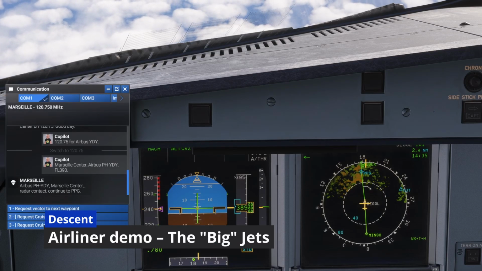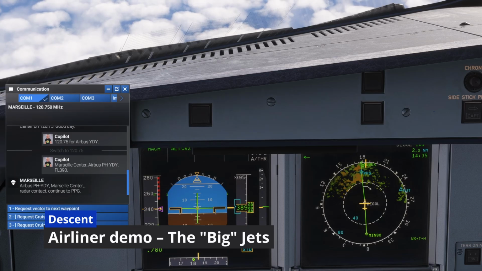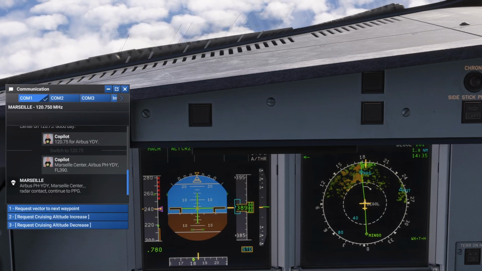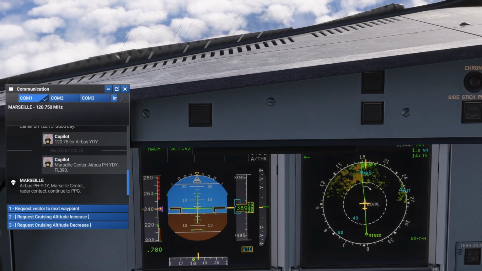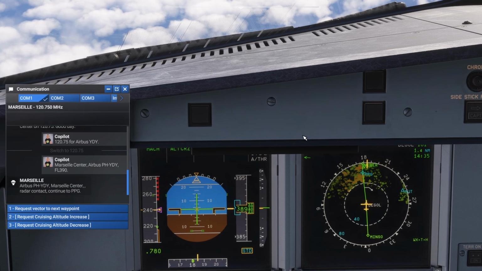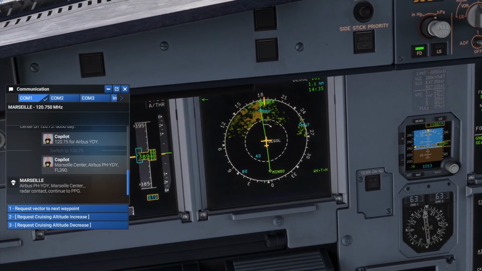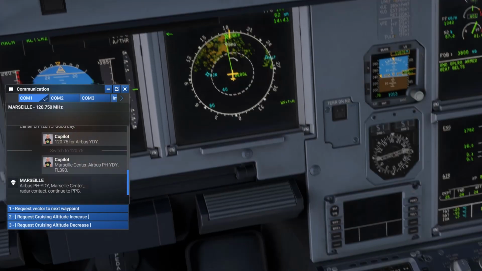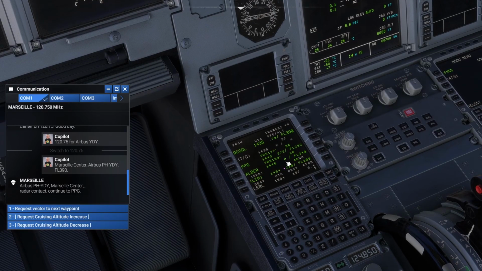So we're in the A320, in this case the Phoenix one, but it should work in the other A320s also. And there are a few things which I want to show you on how to plan the perfect descent. First of all, what you see here is this small arrow, and this is actually the top of descent. The top of descent simply means where you need to start descending. If you're looking at the MCDU, you will also see it over here. You will see an arrow where it says top of descent,